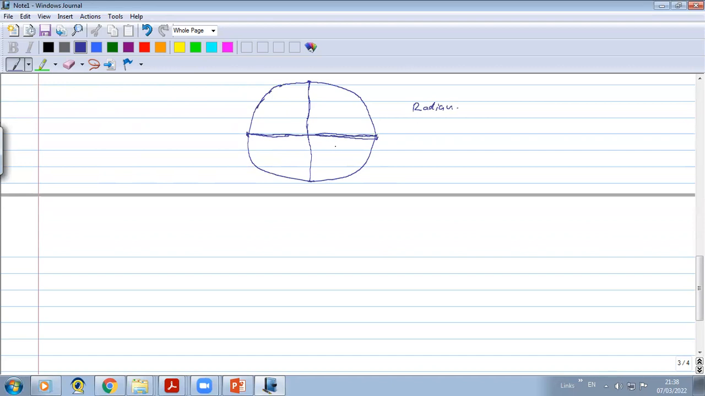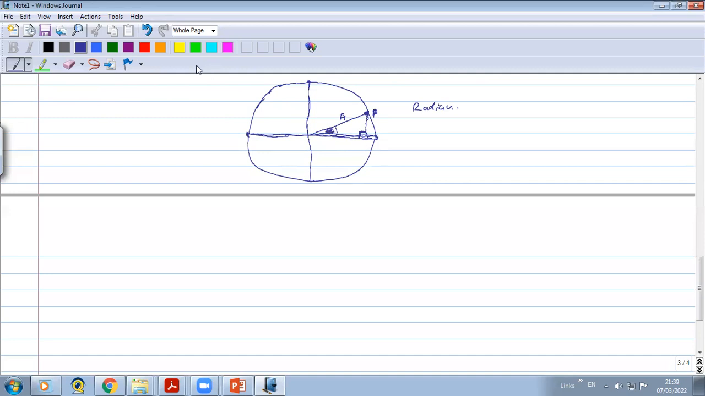Let's say the radius of this circle is a. If I draw a perpendicular line to this diameter from this point, say this is a point, let's call it P. So if I put a perpendicular line here,